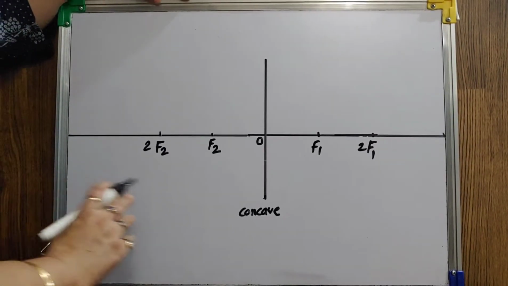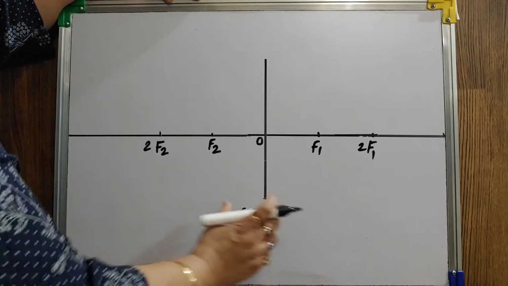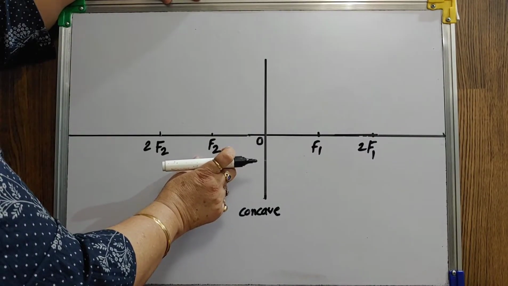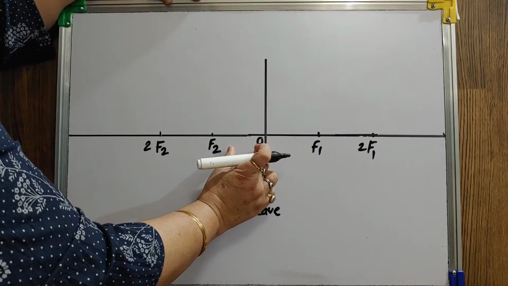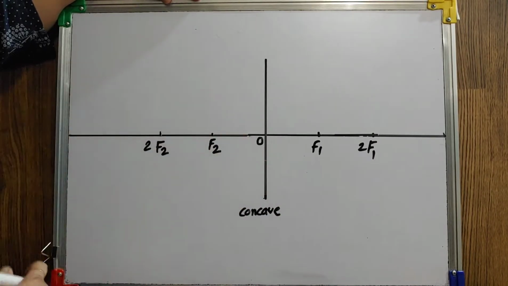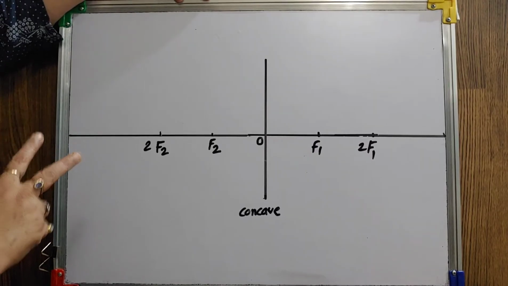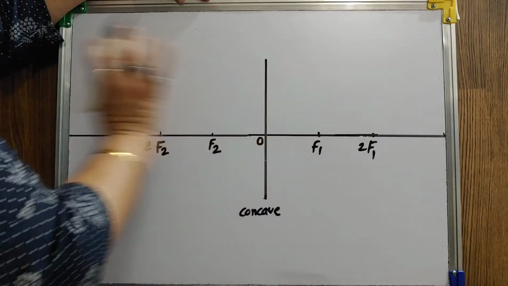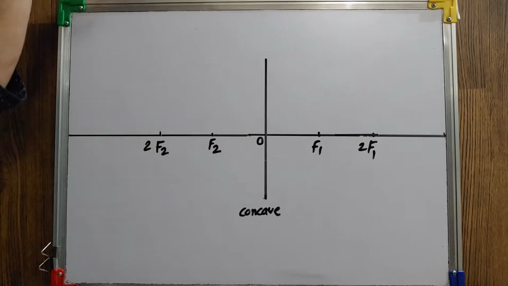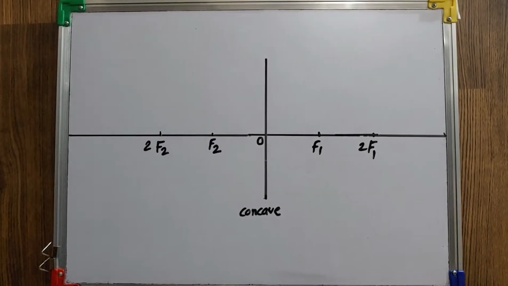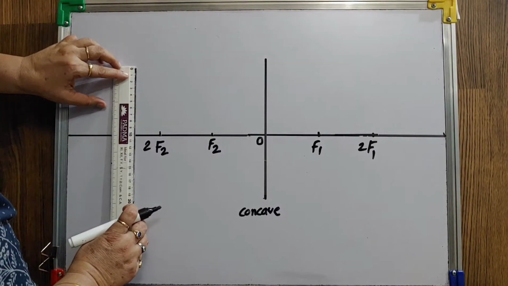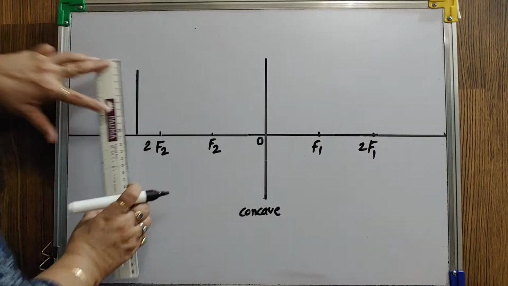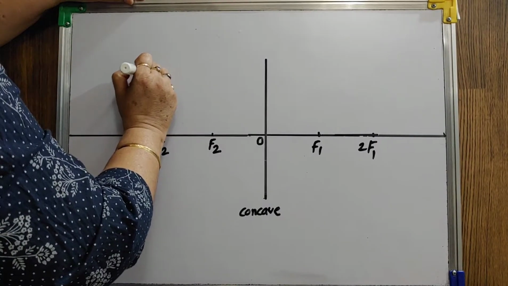Now students, look here. Now we will deal with the concave lens. In the first video we discussed that the second principal focus is on the left hand side. That's why the focal length of a concave lens is negative. Now here two positions are there. Either your object is at infinity or at any distance between infinity and your optical center. So it won't have any particular fixed position. I can take it anywhere, then I will tell you the difference. Now I am taking it anywhere between infinity and the optical center.